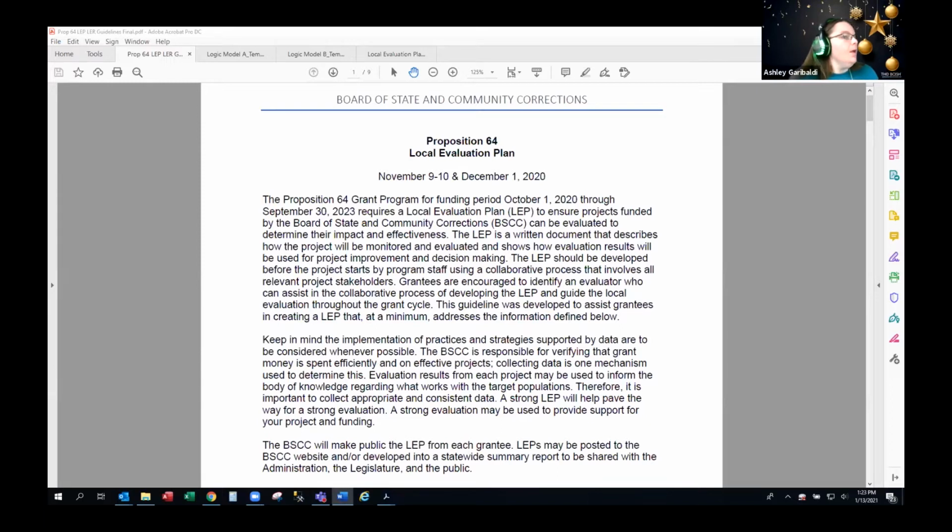So the purpose of today's presentation is for me to go over all the resources that we've cultivated for you all and then allow for questions. So going over the local evaluation plan and guidelines, a couple different logic models that we have. We had the one that we sent out to you all for feedback, but we have some templates for you to use if you don't have your own for your program. The LEP rubric that we've created internally will help us consistently evaluate all of your plans together. And we'll talk more about that later.